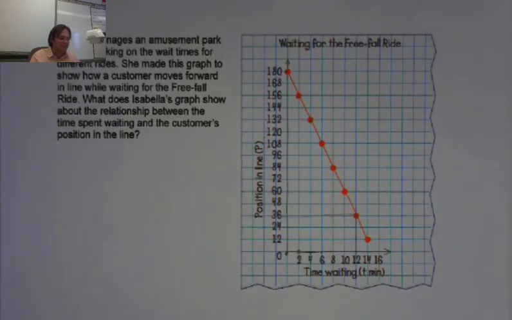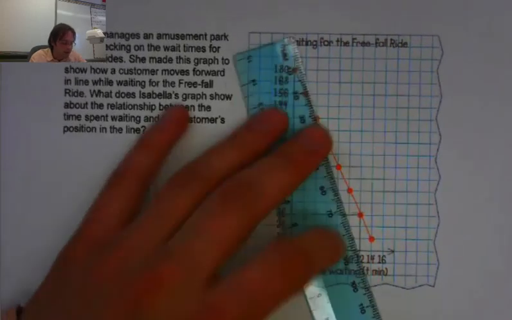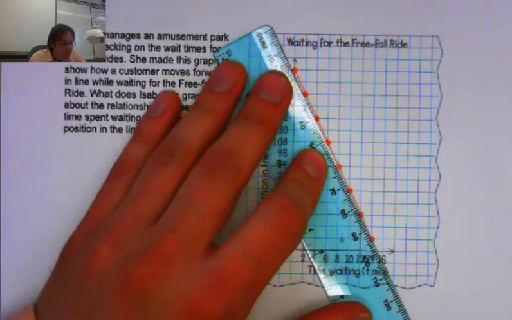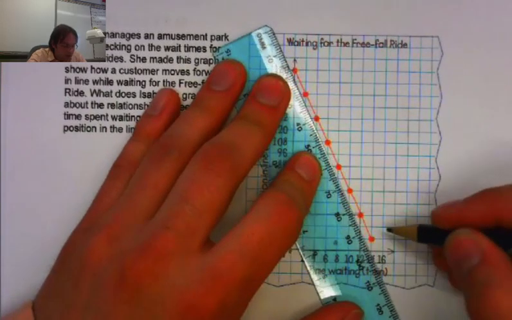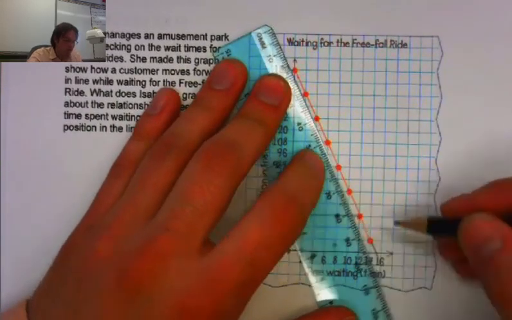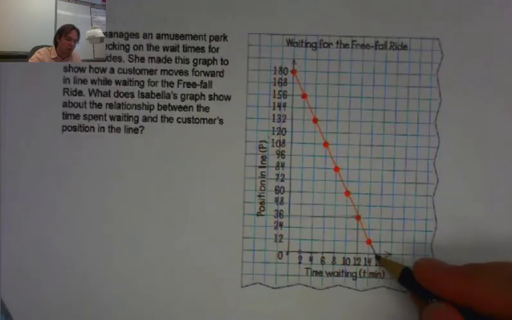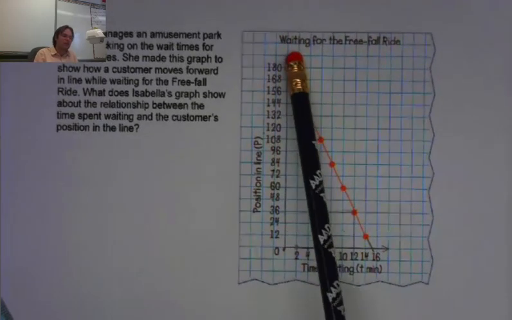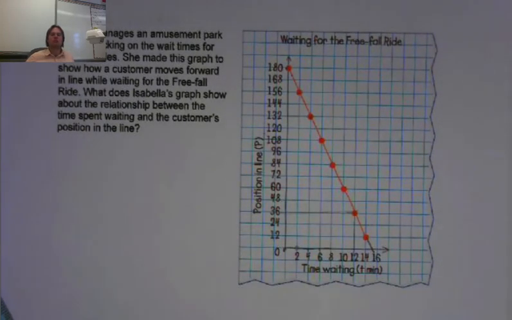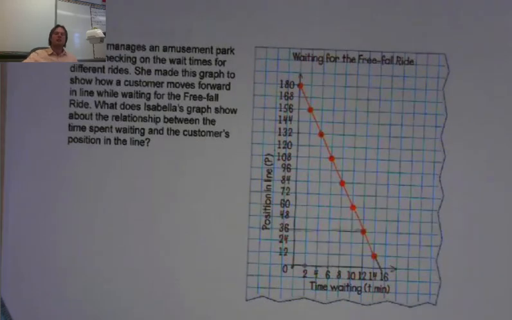Now, if we were to continue this graph, if there's 180 people, it would take you all the way to, if I look at it, just past 14. So it looks like 15 minutes is how long this person would have to wait until they get to the front of the line. In position 180, they would probably wait around 15 minutes to get to the front of the line. Okay? And so that is mostly what you